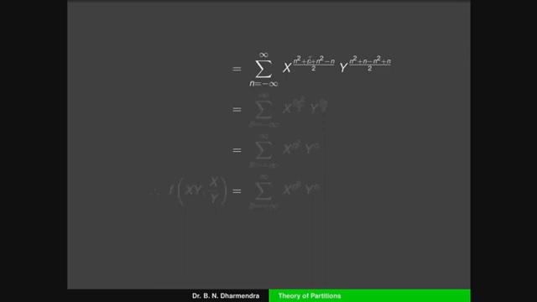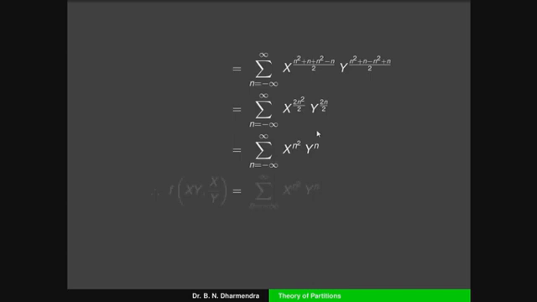Here plus n and minus n get cancelled, that is here 2n square by 2. So therefore in the next step, that is equal to summation n running from minus infinity to plus infinity x to the power of 2n square divided by 2. The 2 gets cancelled, that is x to the power of n square. Here also y to the power of 2n by 2. The 2 gets cancelled, that is y to the power of n. So therefore, after simplification, the series n running from minus infinity to plus infinity, x to the power of n square into y to the power of n.